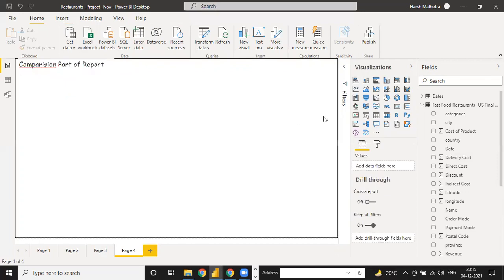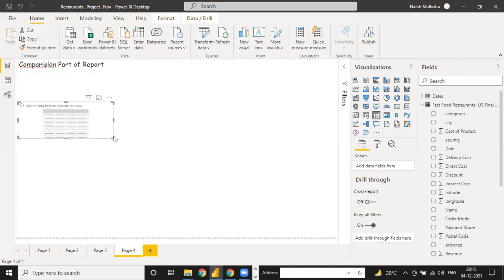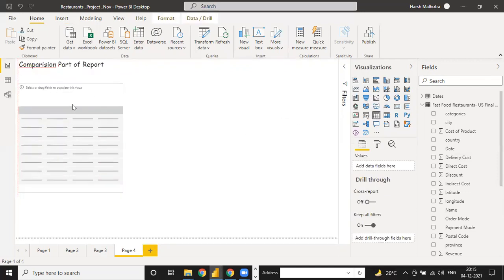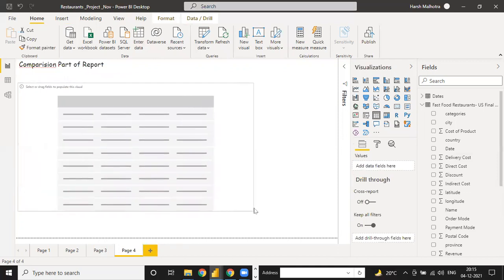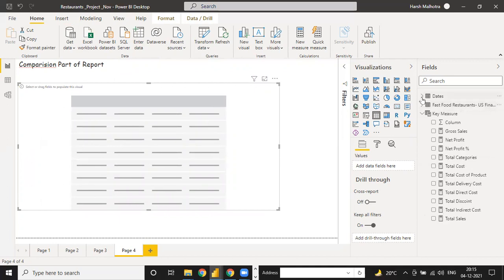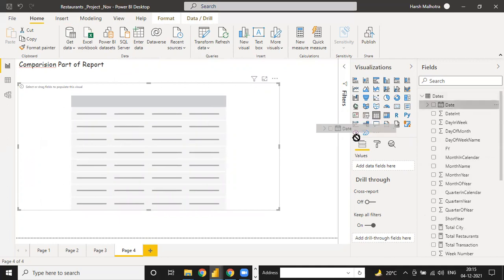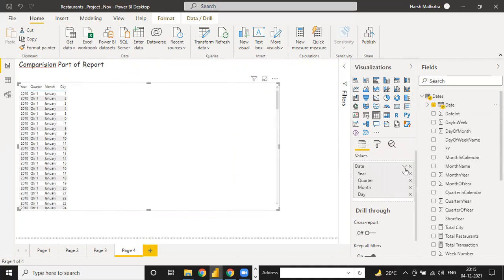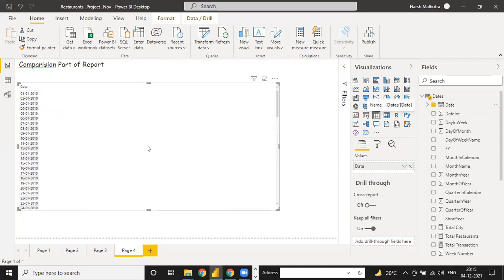So what is actually analytical? Click on this report, any table. This is your complete date table, and from here you can select any date, like a date filter, in day-wise format.